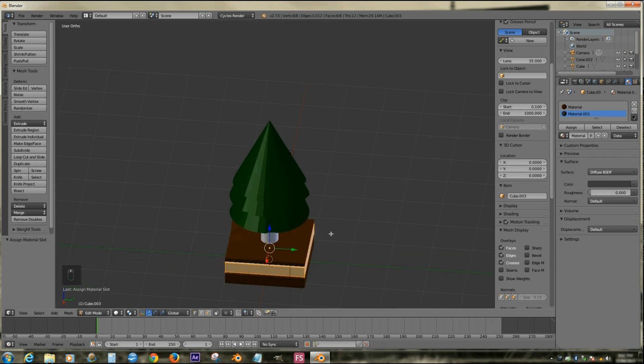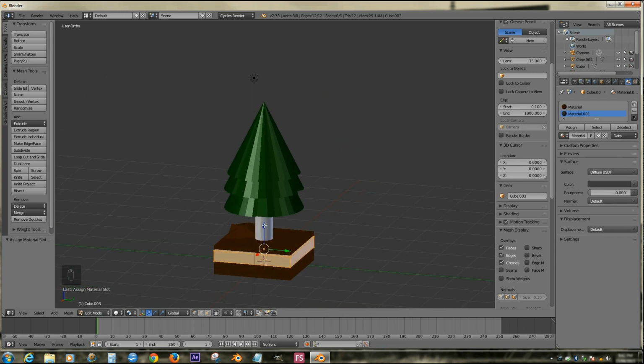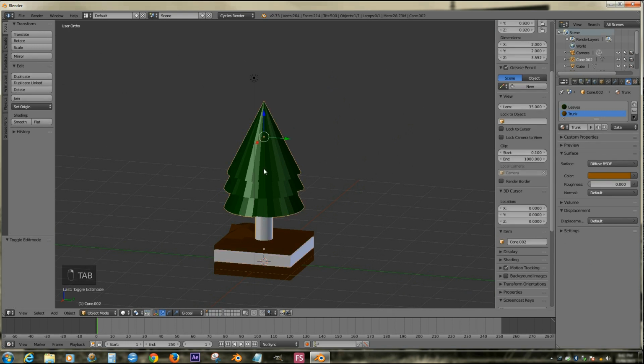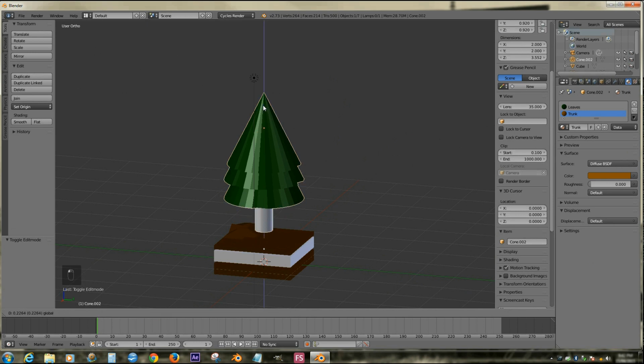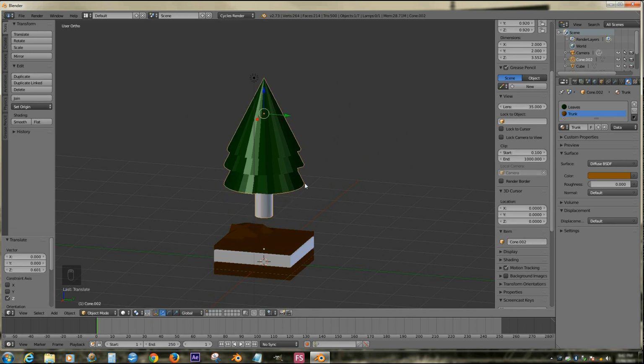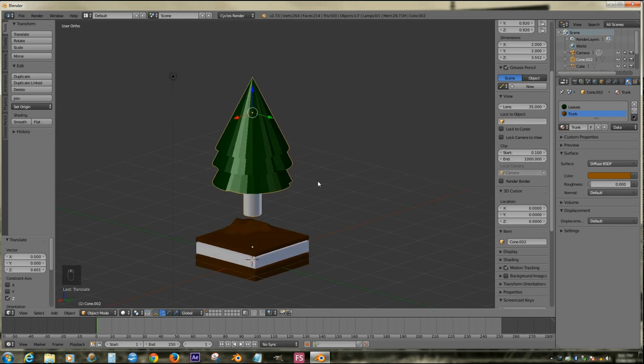So maybe we'll just move this tree out. Control Z, I'm moving the wrong thing. Maybe I'll go into object mode, I'll select the tree. I'm just going to move this tree out of the way for the moment. And I just want this top face green, so